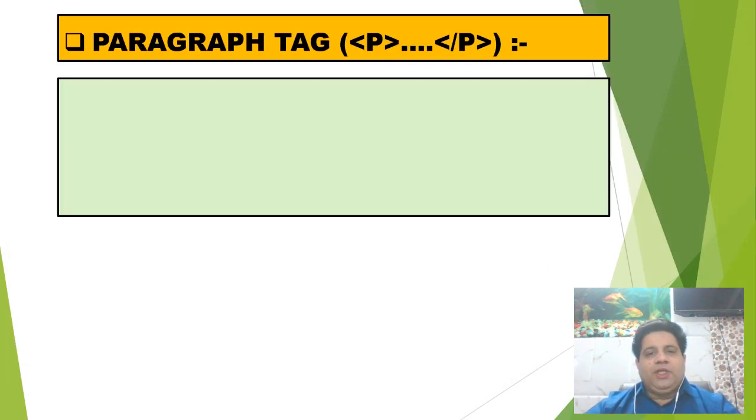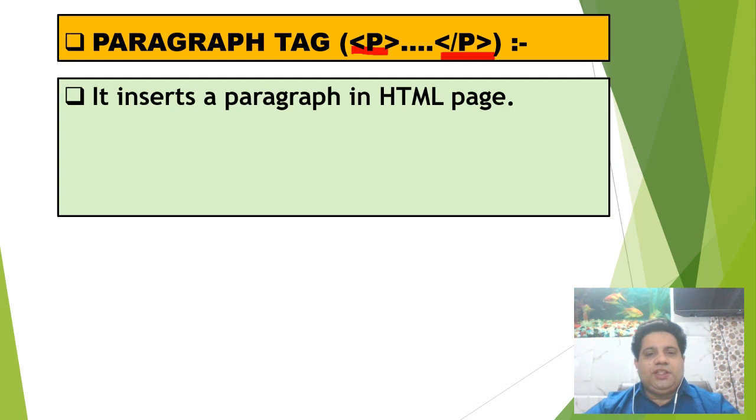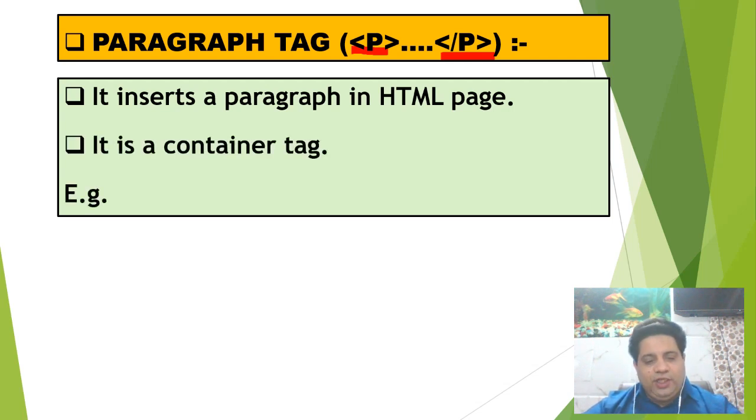Now then comes the paragraph tag. Suppose you want to type a paragraph. So before and after the paragraph, lines are left so that it can be easily understood where the paragraph begins and where it ends. Okay, so the paragraph tag can be inserted using an opening p tag and a closing p tag. Again, this is a container tag. Now it inserts a paragraph in HTML. It is a container tag. For example,